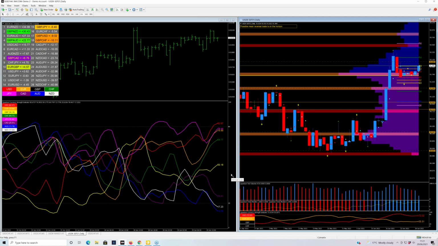Now, I may not like what it tells me in terms of sentiment, because it tells me that markets are not really in a strongly risk-off mood, because if they were, the Aussie would be bought, the New Zealand would be bought, and probably the Canadian as well, and the yen and the Swiss franc would be sold. That's what the price action is telling me at the moment. There are flows into the yen, the dollar, and the Swiss franc. So the market's not really very happy at the moment. And this is what I said earlier, looking to